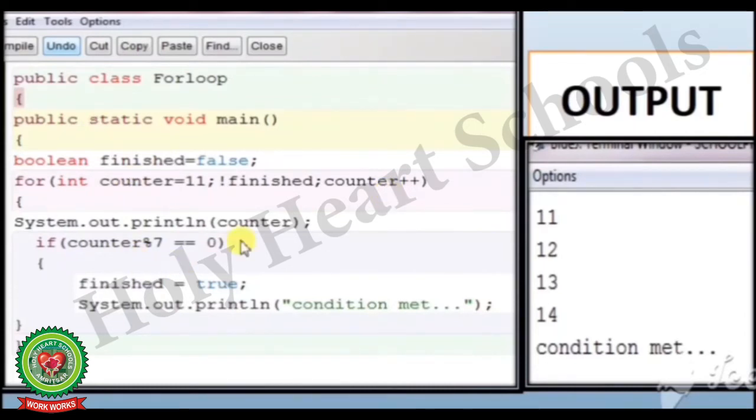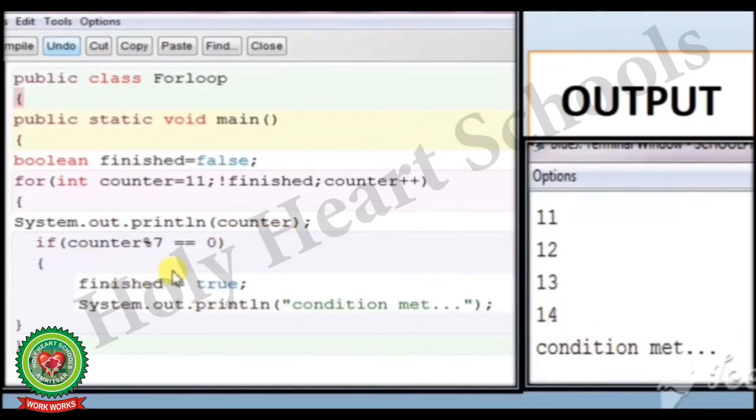Again system.out.println counter, that is 13, is printed on the screen. Now if counter modulus 7, 13 modulus 7 is not equal to 0, again we will not enter in this block. The value of counter, that is 13, will be incremented by 1, that will become 14. System.out.println counter, 14 will be printed.